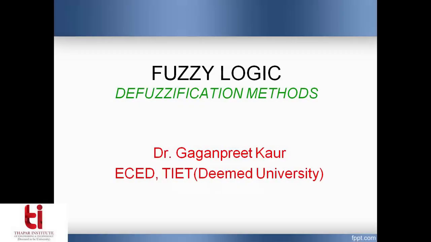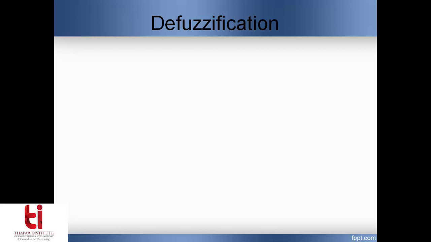Hello everybody. Today we are going to talk about different defuzzification methods used in fuzzy system design. So let's first get familiarized with what defuzzification is. Defuzzification is nothing but a process which is just the opposite of fuzzification. Fuzzification was converting crisp values to a fuzzy set. So applying the reverse of that, I can define defuzzification as a process of converting the fuzzy output to the crisp value.